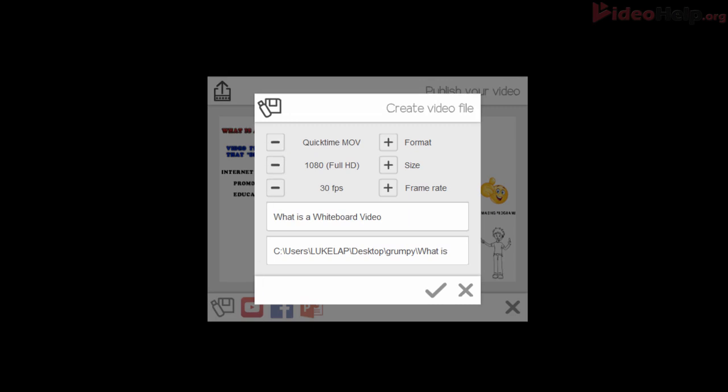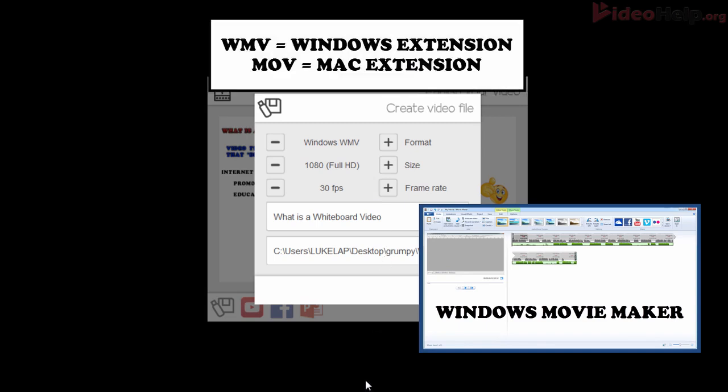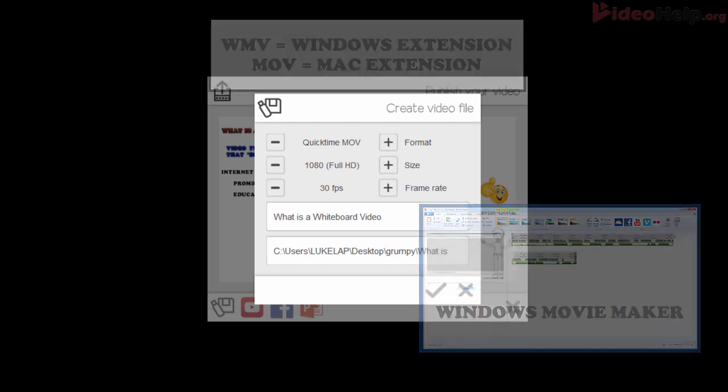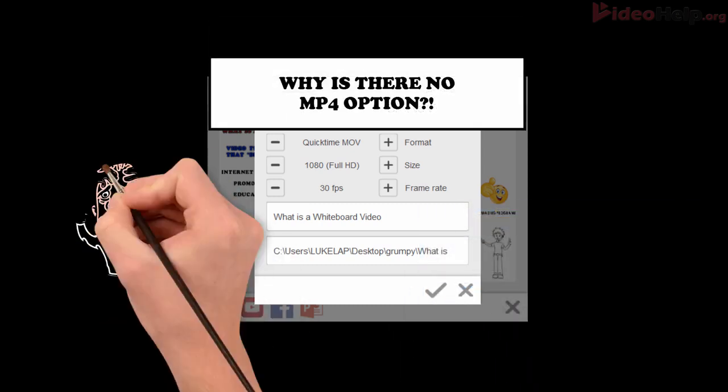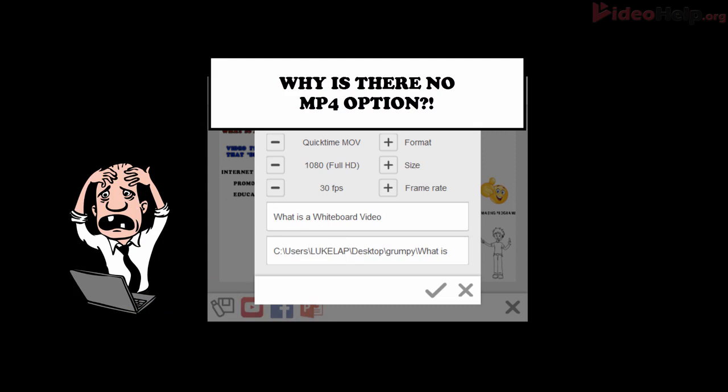The main reason that you might want to export your project to WMV would be if you're planning on using Windows Movie Maker to edit it further. WMV is a Windows extension, while MOV is generally a Mac extension, which can't be used in Windows Movie Maker. It baffles me why you can't export the video as an MP4, but whatever, that's a whole different can of